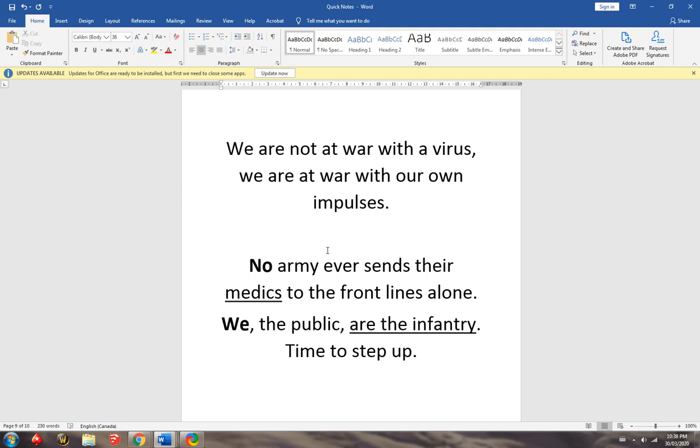We need to be informed, we need to inform one another, and we need to step up in this battle, because we're leaving our medics, who should be our last line of defense, that line between us and the grave, up on their own right now. And every time we choose to do something that we know in many ways we shouldn't, we're making it harder on them.